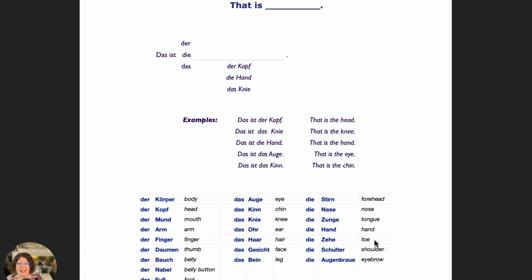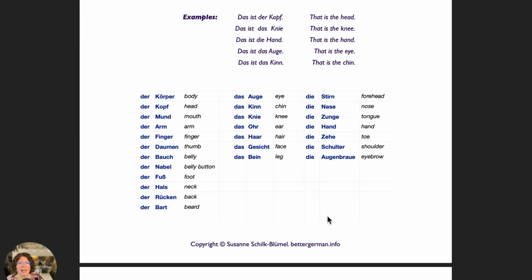Das ist die Zehe. That is the toe. Das ist die Schulter. That is the shoulder. Das ist die Augenbraue. That is the eyebrow. The next step, I'm going to say the sentence and I'm going to touch the body